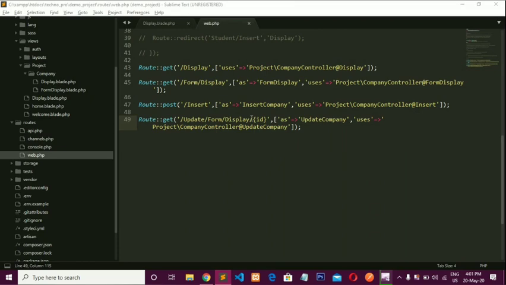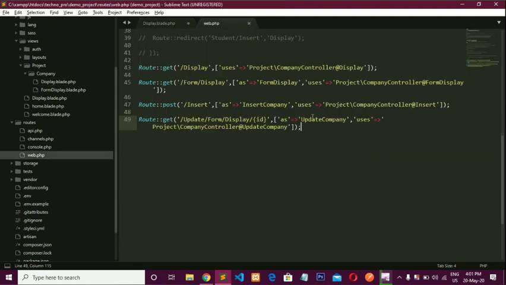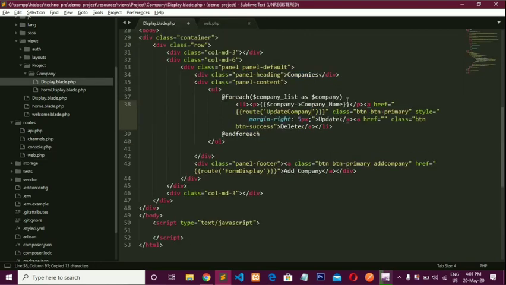When you pass any required parameter, the syntax in a link is different. So let's see. Route in brackets, the name is update company. Before the closing bracket you have to pass one array which contains the value of our required parameter.